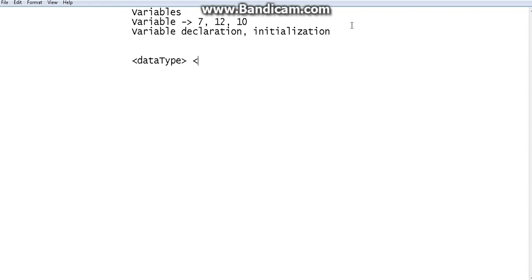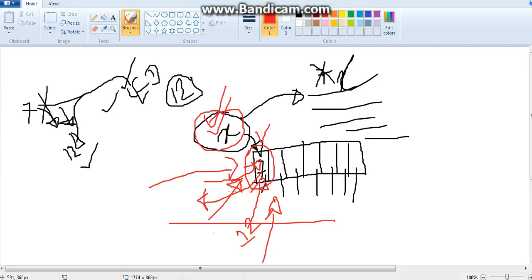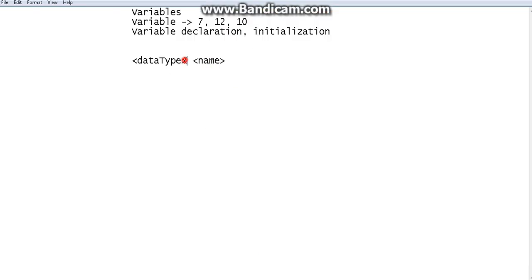Then you can forget these two symbols, right? I have just added them because this data type means there should be something coming here. Then you can write the name of the variable. As I said, X is the name, so here we have to replace it with X.